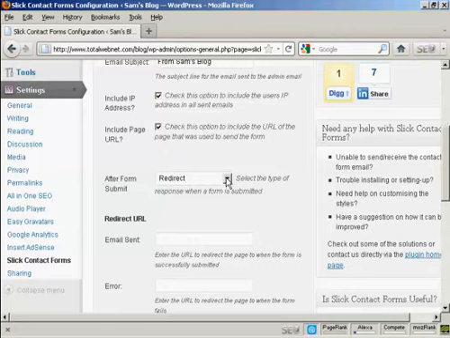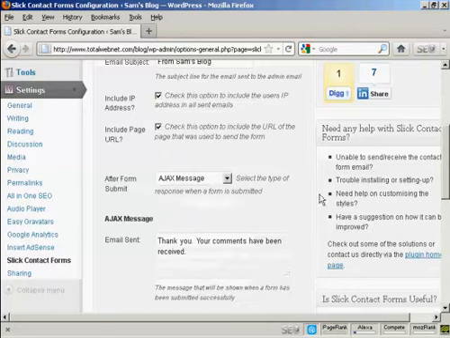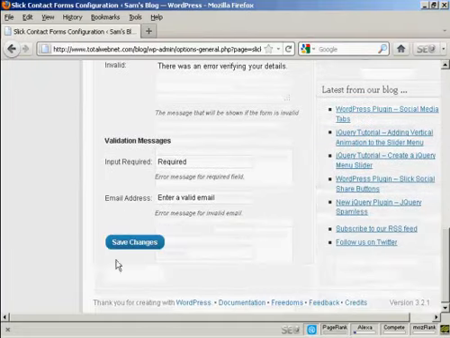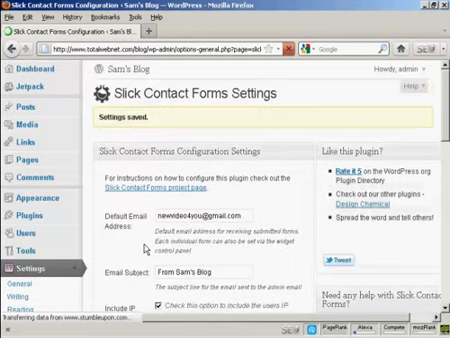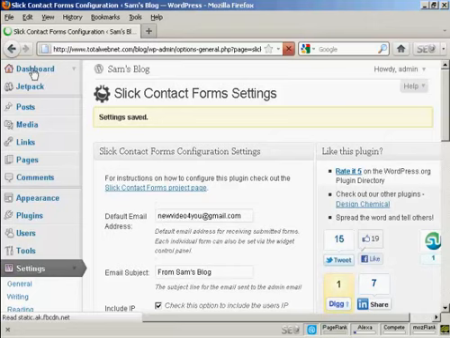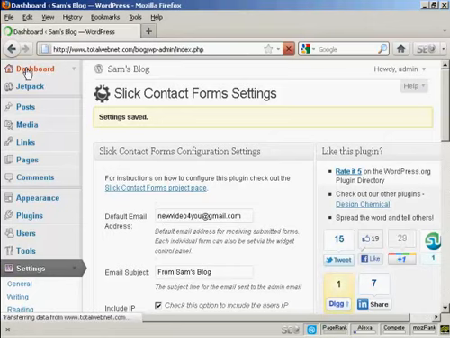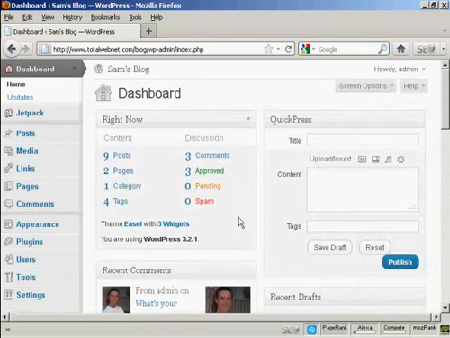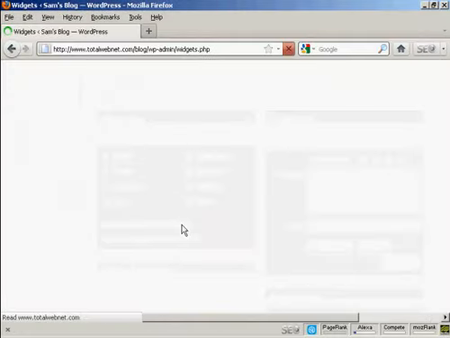I'm going to stick with the AJAX message and then click on Save Changes. There we go, the settings are saved. So I go back to the dashboard, and then I need to insert a widget into my main page so that the contact form can be activated. So I'm going to click here on widgets,